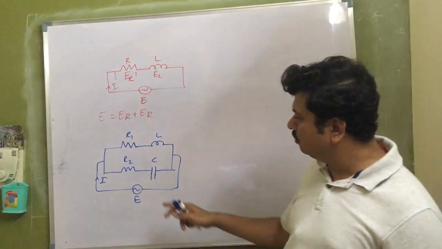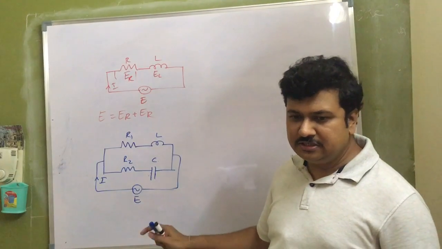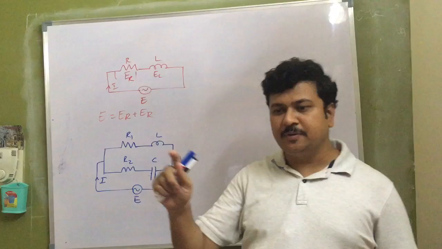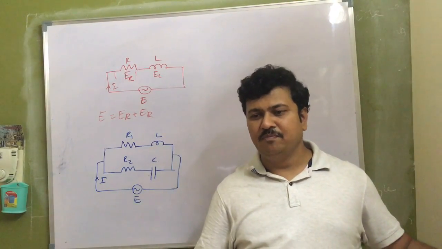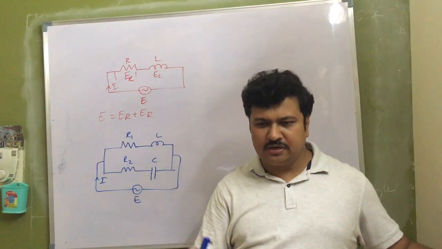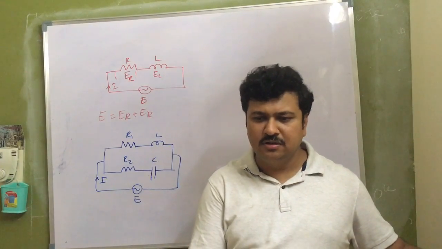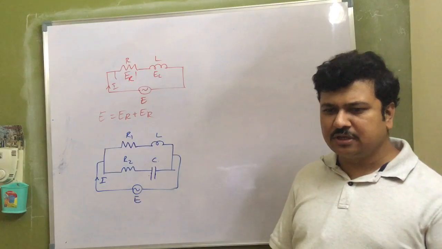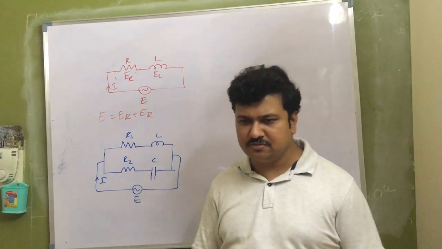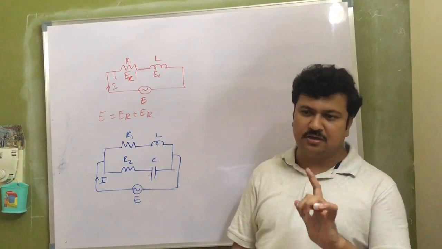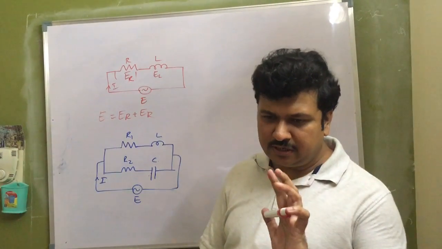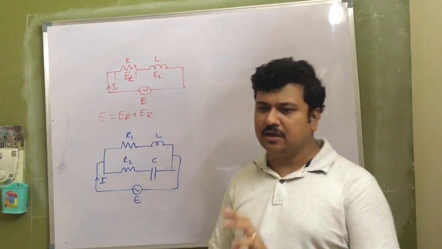So if I want to add two voltages in an AC circuit, I have to add with respect to magnitude and with respect to direction. It means that if I represent both the voltages as vectors and add those two vectors, I get the resultant voltage. Same is with currents, same is with fluxes, but not power. Power is a scalar. I don't add power vectorially. Power is always added algebraically.